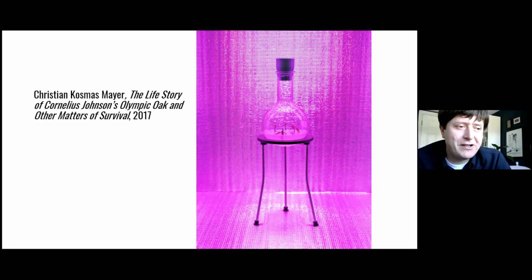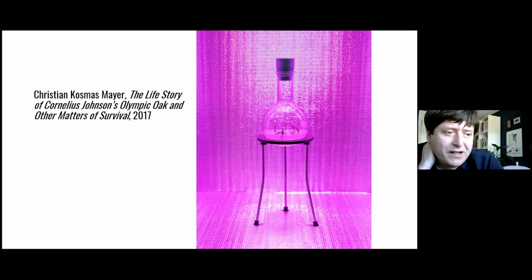Vienna-based German artist Christian Cosmas Meyer's work, The Life Story of Cornelius Johnson's Olympic Oak and Other Matters of Survival, looked into an extreme case of the instrumentalization of plants as a tool of political propaganda, and really opened up some of these complex questions around purity that the history of these trees raises. So what he took as the starting point was this strange historical curiosity that the winners at the 1936 Berlin Olympics